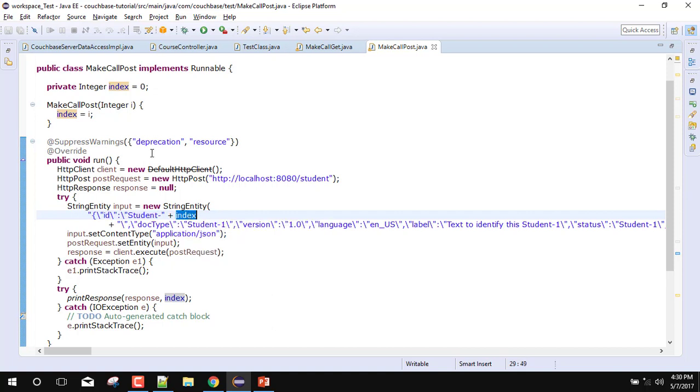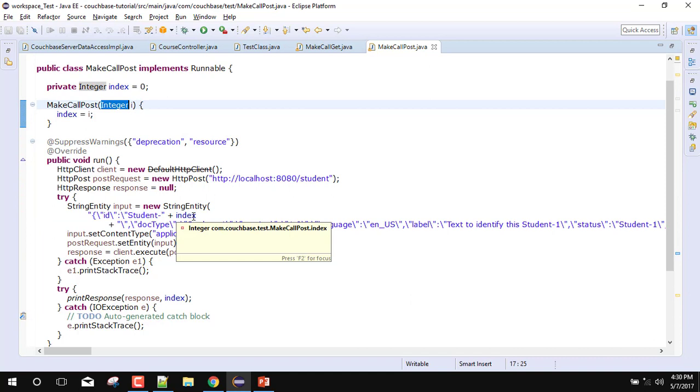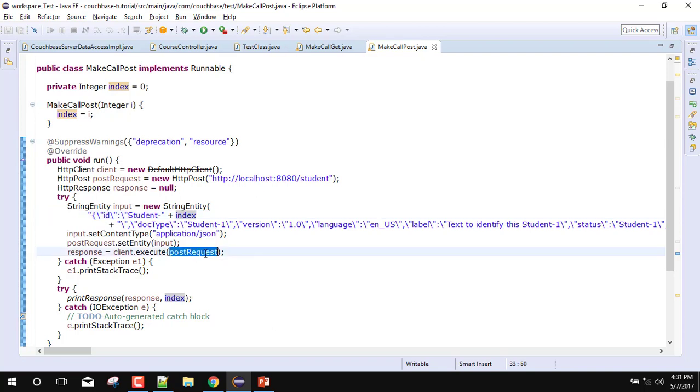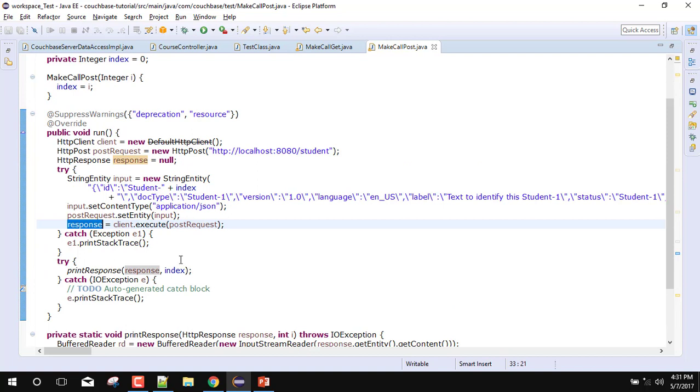The index will be the number of the thread, which is passed in the constructor. So depending upon the thread number, it will create unique IDs. For thread 1 the ID will be student 1, after that student 2, and so on. Then we have also performed the execute operation with the post request, and then we get the response from it. So this is our run implementation.